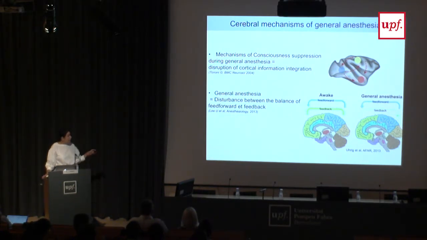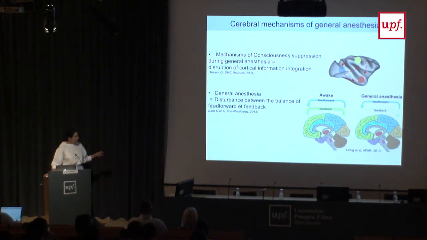integration, and a disturbance between the balance of feed-forward and feedback information in the brain. So the feed-forward information is that you have an incoming stimulus, for example an auditory stimulus. It's coming to the brain, it goes up through a whole network in the brain, and after, the feedback goes down, it goes back to the initial part where the stimulus happened, and it's this feedback of the information that could give you the possibility to have an integration of the information you received